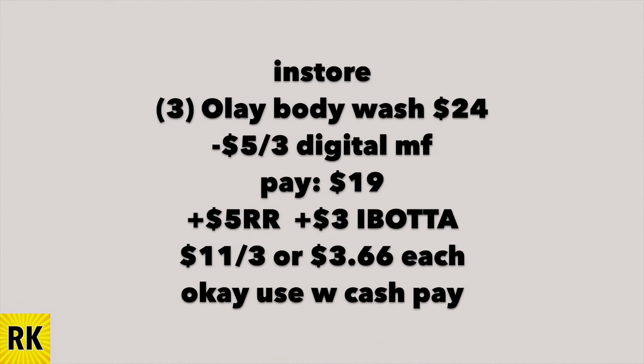Okay, so just to jog you through the first transaction that I have for you, if you have no boosters, grabbing 3 Olay body washes, that's going to be $24 on the nose. Subtracting your digital coupon, you're going to pay $19. Get back a $5 register reward, and then photograph your receipt for $3 back from IBOTTA. It makes it $11 for 3, or $3.66 per body wash. Considering that even on a sales week, they're $8, so that's about 50% off, which is